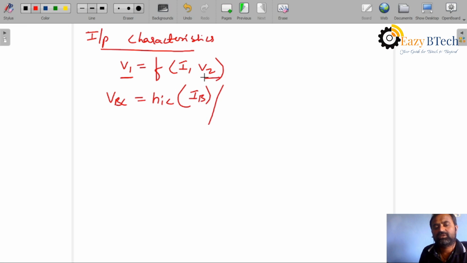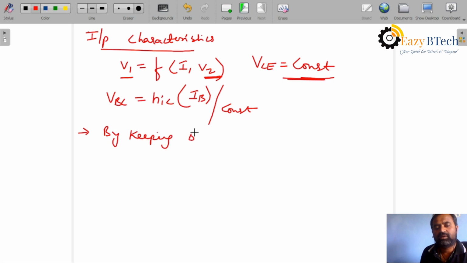By keeping the output voltage VCE constant, we can plot